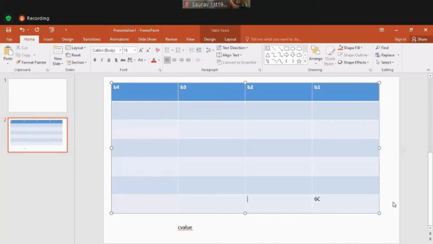The C value is always pointing to 6C because the C value is a label of this particular part. So 6C is the address of the first number. If I know 6C, I can decode the next addresses. Next would be 6D, then 6E, then 6F. Correct? 6F is done, so the next will start from 70, 71.